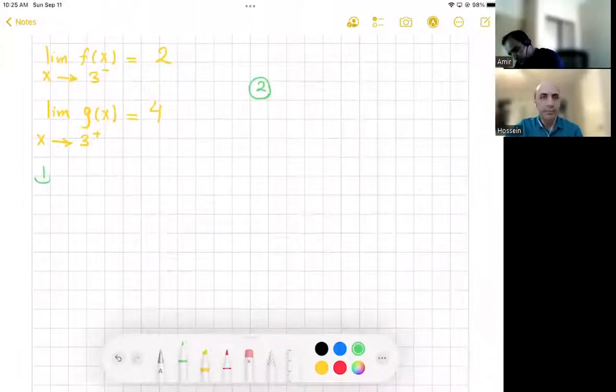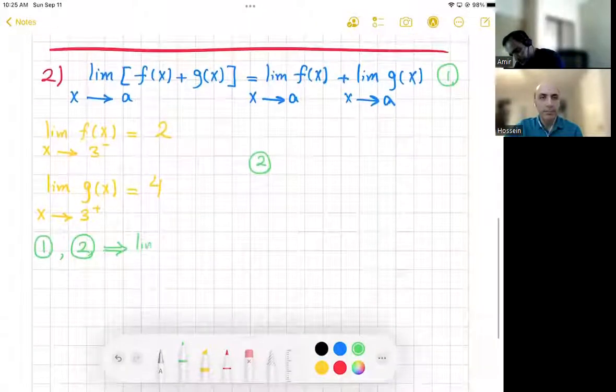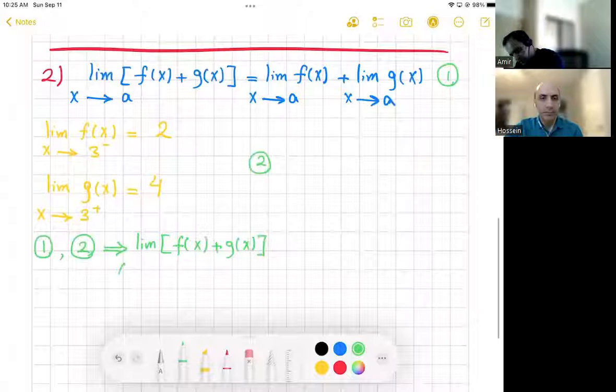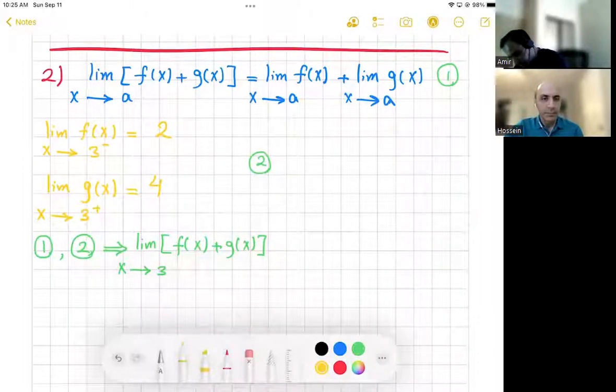So based on 1 and 2, we can conclude that the limit of f of x plus g of x when x approaches 3 from, I'm sorry, I made a mistake here. It should be from the